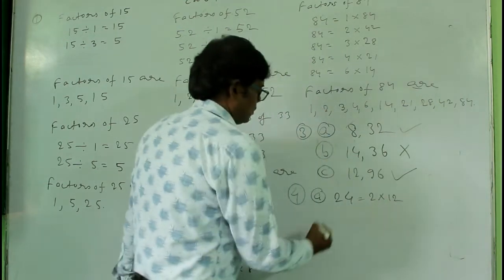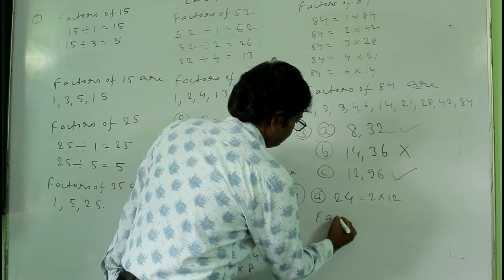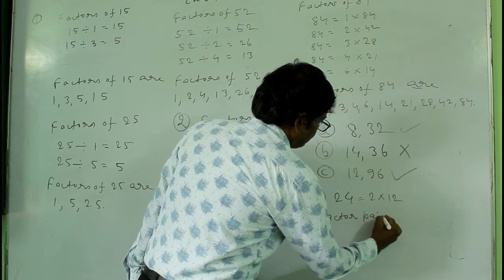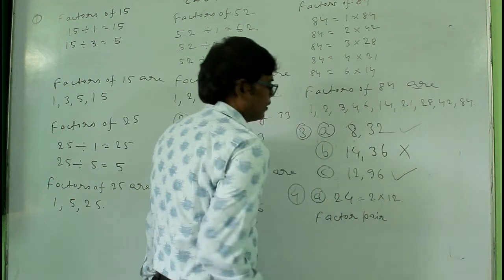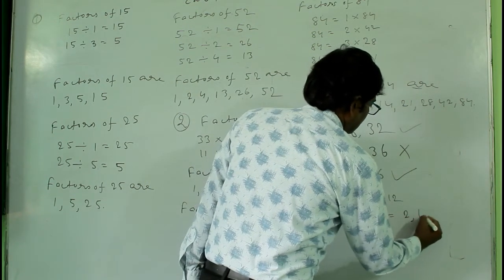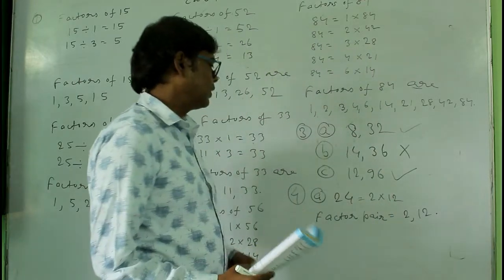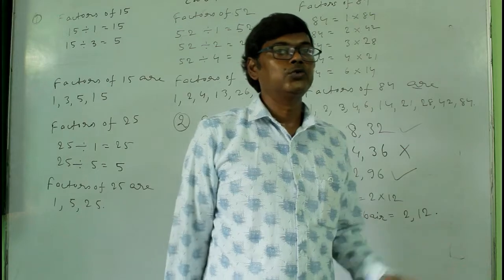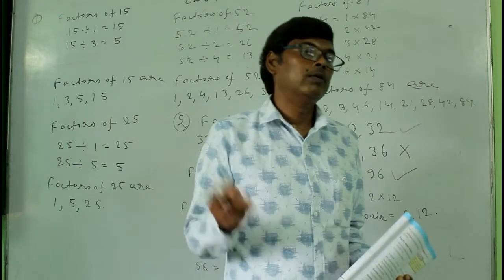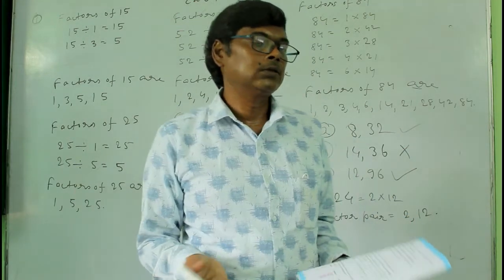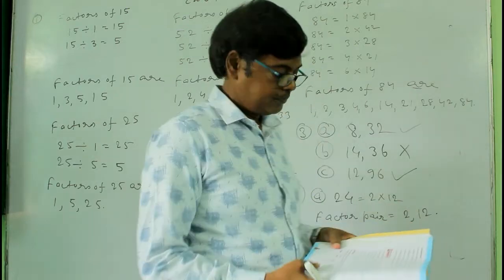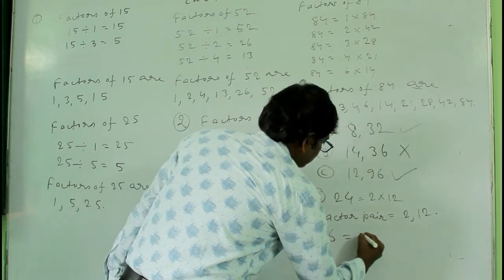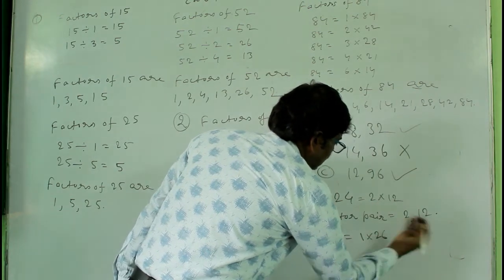So here factor pair, okay, equal to 2 and 12. Okay, factor pair, that is yes 2 and 12, so this is one pair, so you have the factor pair 2 and 12 because 2 into 12 is 24, and we have to find only one because it has many pairs, but we have to find only one, so write only one. Then question number B, you have 26, so it will be equal to you can write 1 into 26 also, that is also the answer.